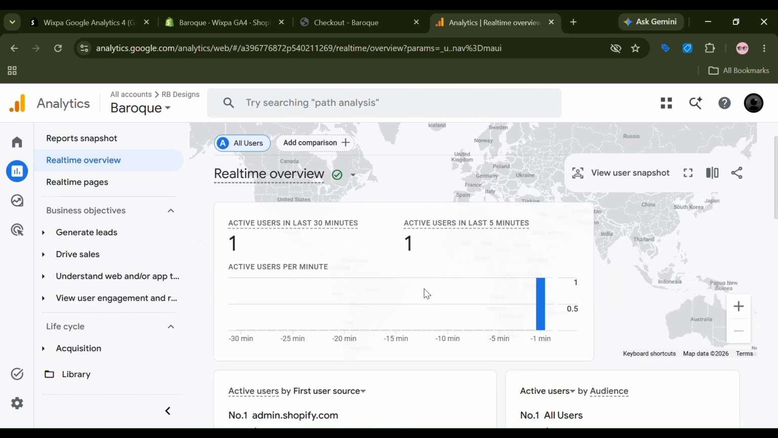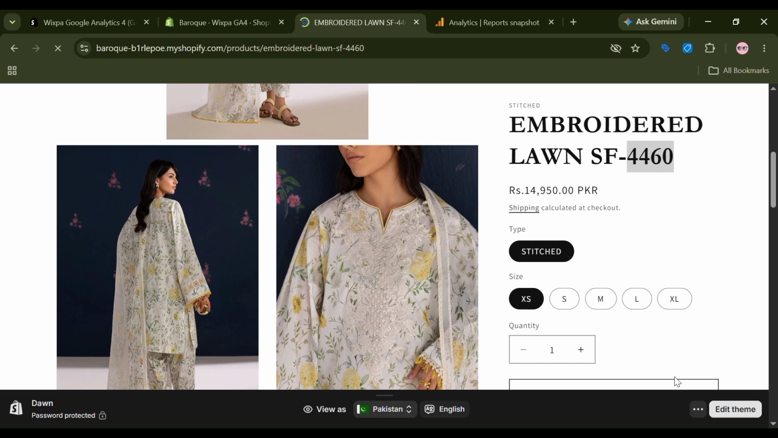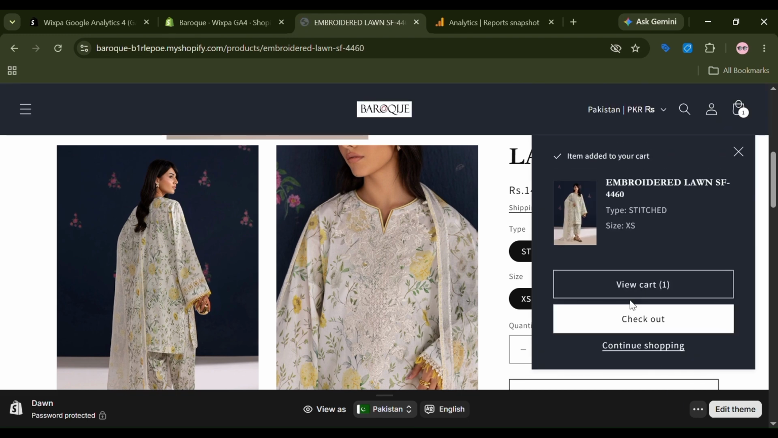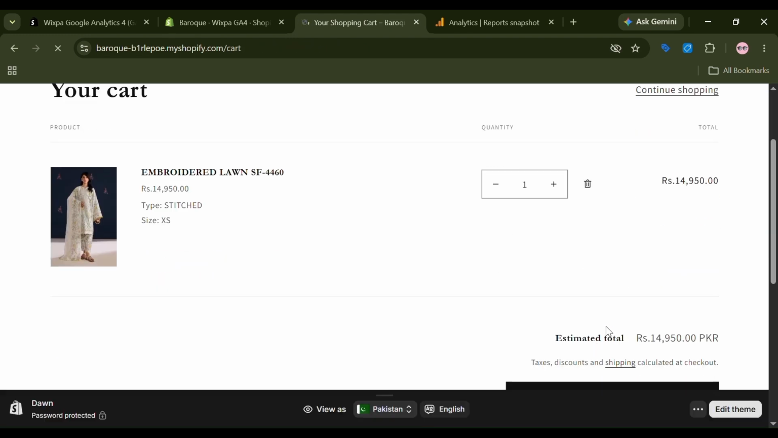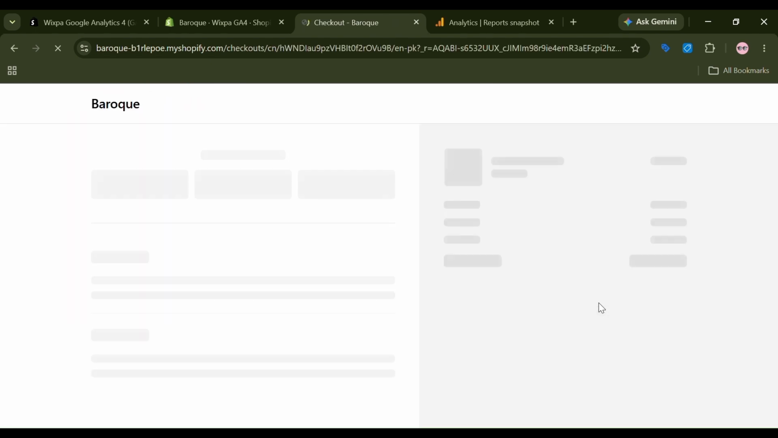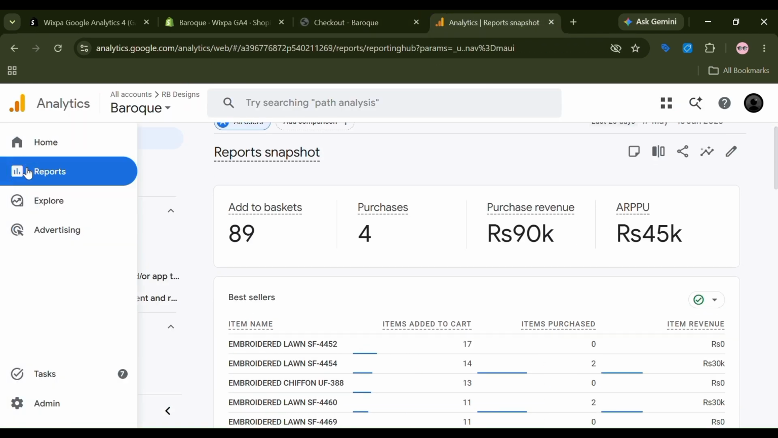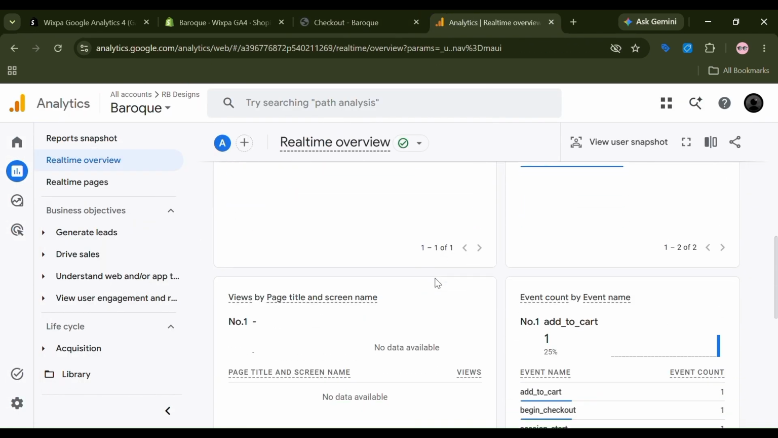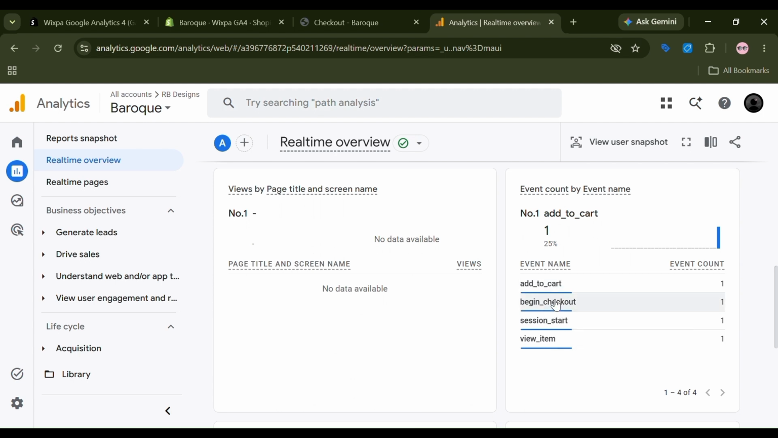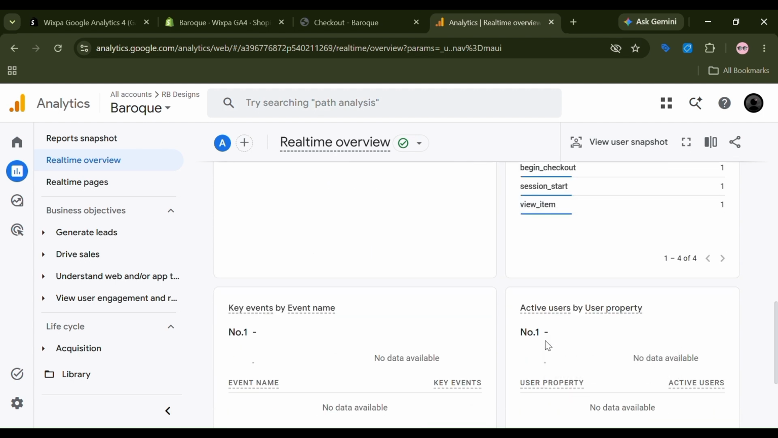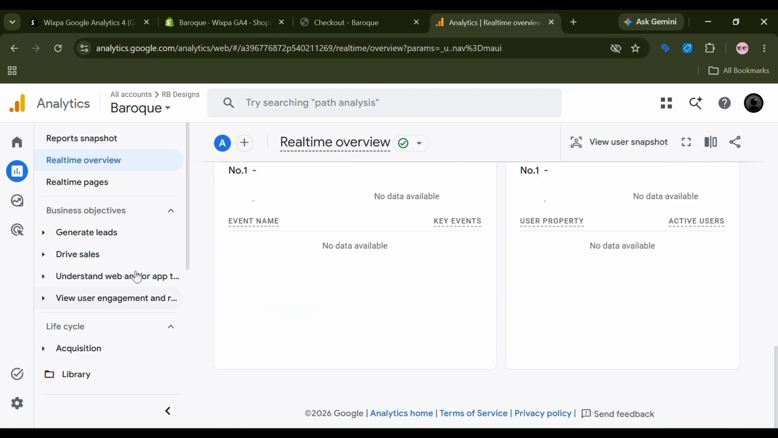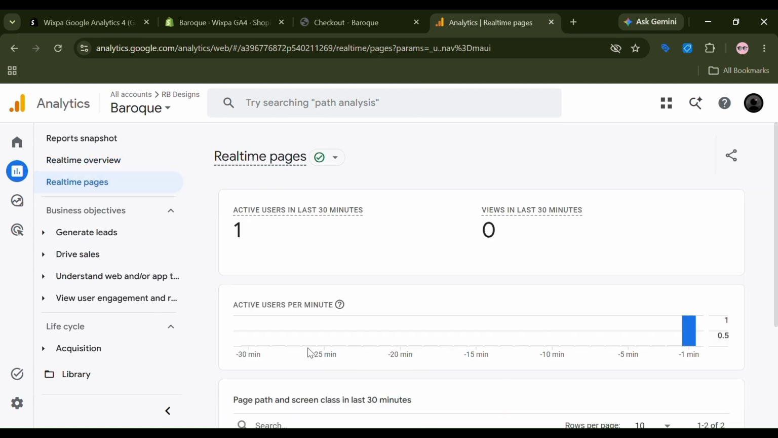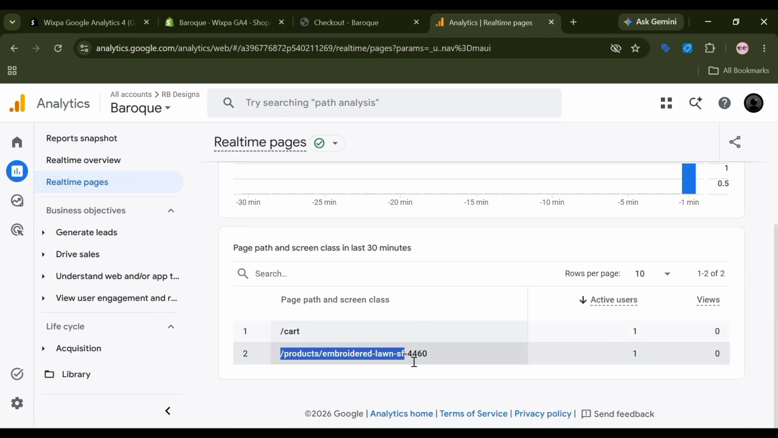Next, perform an Add to Cart action on your store. Return to the real-time report and wait a few moments for the event to be processed. Once the report refreshes, you'll see the Add to Cart event appear in Google Analytics. This confirms that the integration is working correctly and your Shopify store is successfully sending data to